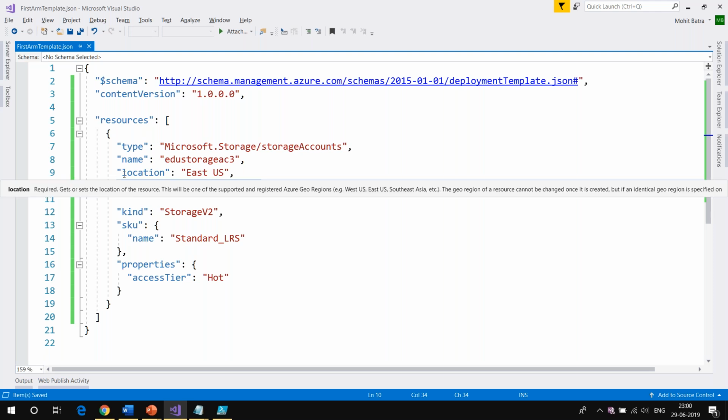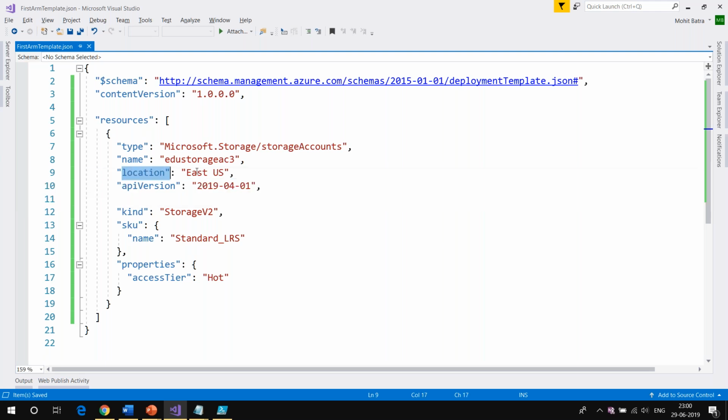If you have, let's say, a VM in one particular region, you cannot change the location of that VM, because that means you want to physically move the VM to a different location. In the same way, in the storage account, if you change the location, you are asking for a complete change of the location of your storage account. You cannot do that. You have to delete the existing storage account, then you can go ahead and create the new one. Okay, Roshan, does it make sense now?